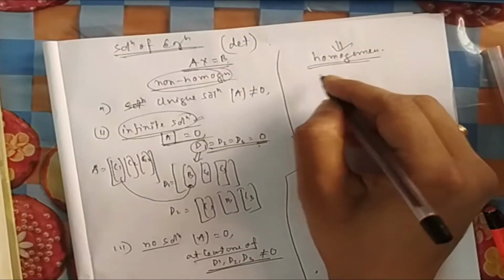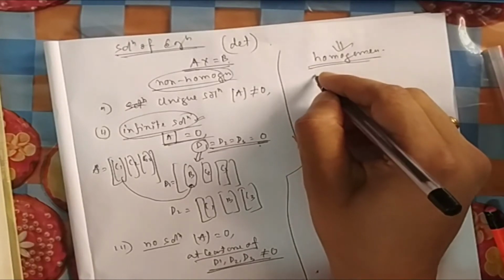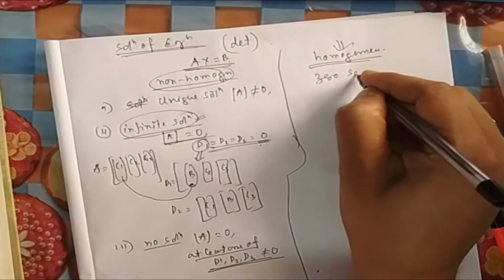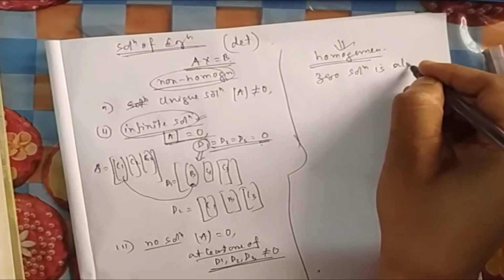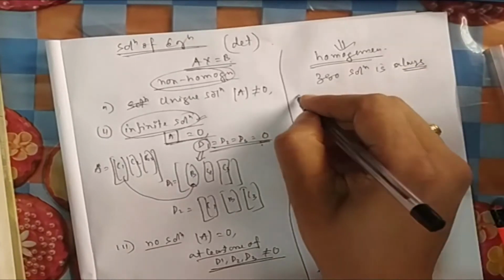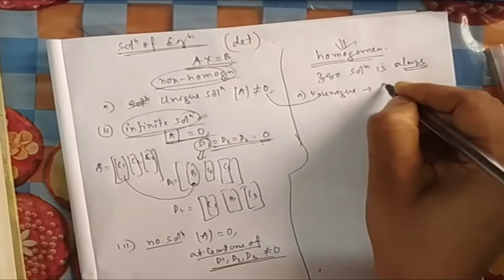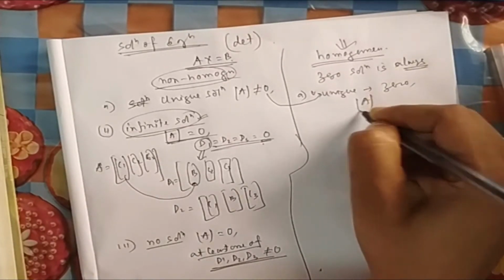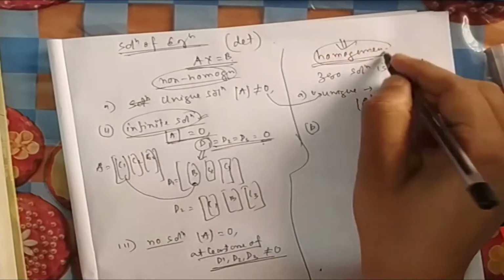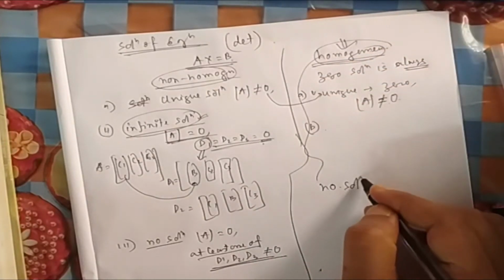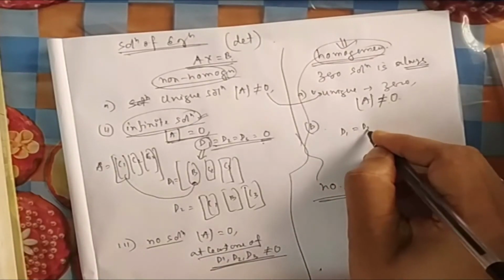Now for homogeneous, you have a very fine thing, because for homogeneous the zero solution is always there. The zero solution is always possible if there is a solution. So the unique solution here means nothing but the zero solution. So again, when determinant of A is not equal to 0. Now here one interesting thing I have already told you: for homogeneous, no solution does not exist, if you can remember. Why? Because here D1, D2, D3 are always 0.